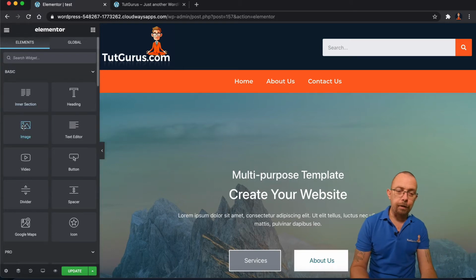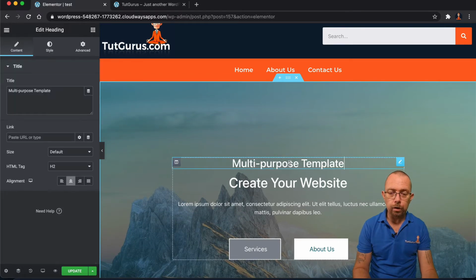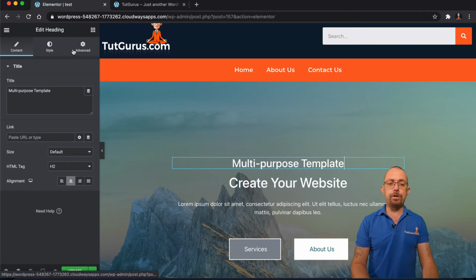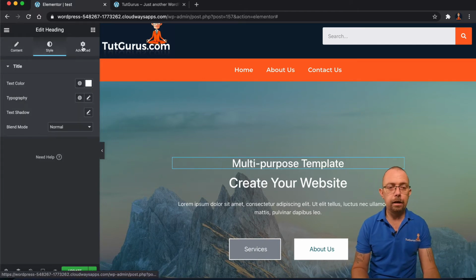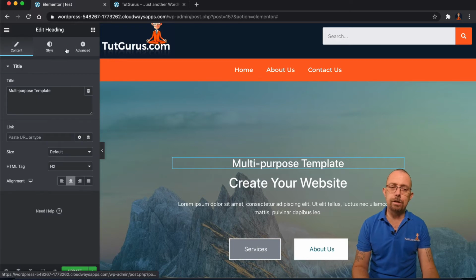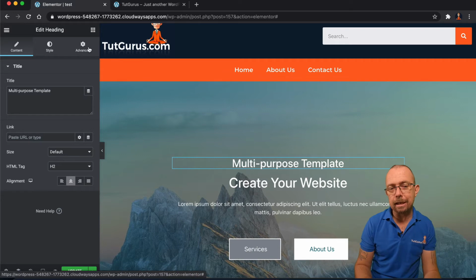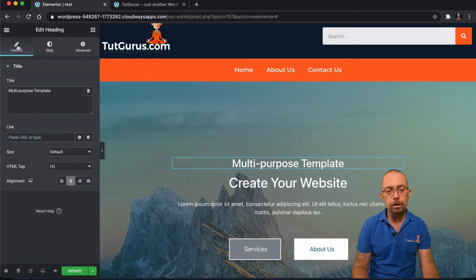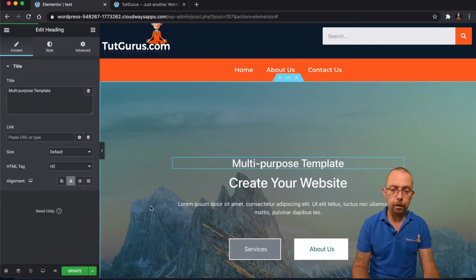So everything's dragged from the left into the right, and once you have a section on the right, when you click on that section, you'll notice on the left it offers you some different options. This is always the standard look. It's always content, style, and advanced. Sometimes there's an extra tab up here if you're using certain plugins. You might have an SEO tab up here or something like that. But these are the main ones: content, style, and advanced. And we're going to go through all of those.